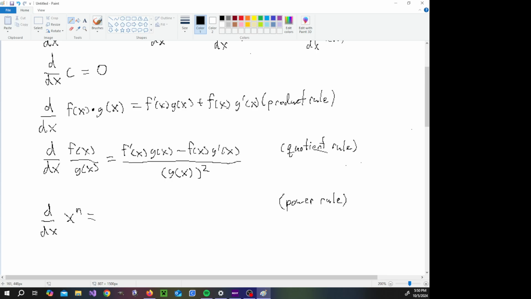So I'm just going to write out the result, and that is that power, whatever that number n is, is going to come out front and get multiplied by x to the n minus 1. And I wrote power rule all the way over here, but